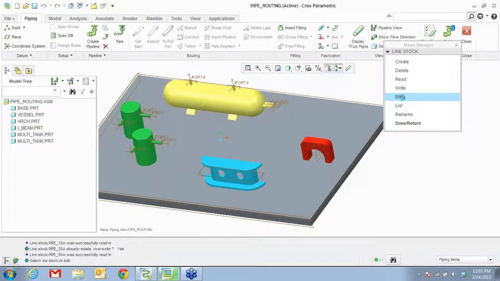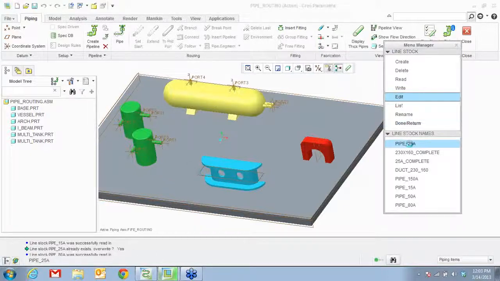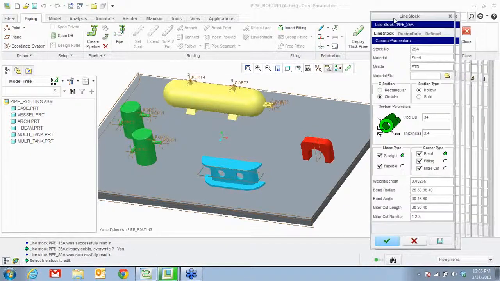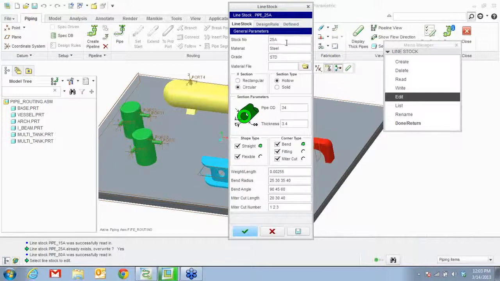So if you want to go ahead and edit and pick a line stock, here you give a name, material. You see that it's hollow, it's circular, outside diameter, thickness. You can see that it can be set to be a straight or flexible.